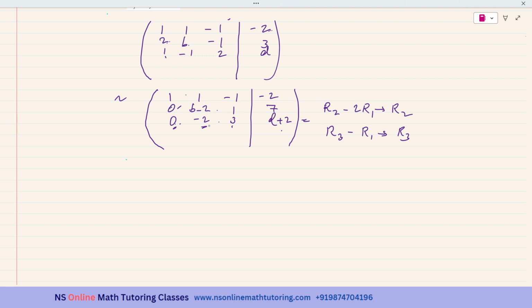And if I want to make this place equal to 0, I do not know what to be added or how to make this equal to 0, because this is b minus 2, so it is difficult. Okay, so better to make this place equal to 0, because this is 1, this is 3. If I do r3 minus 3 r2, this will be equal to 0. So let us go for that. Okay,